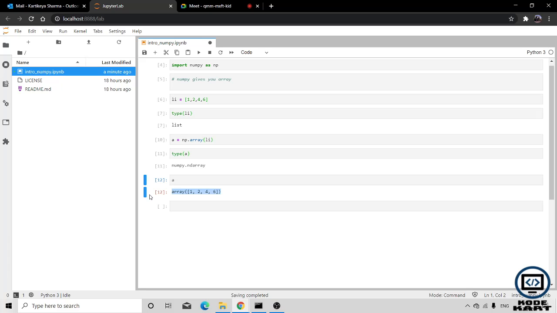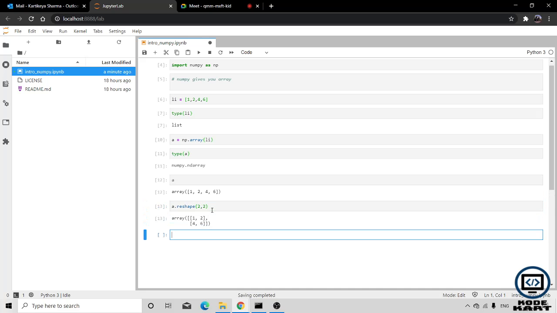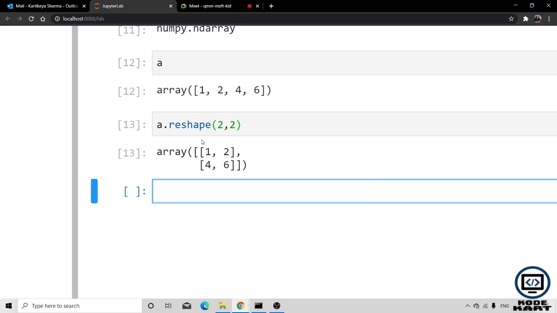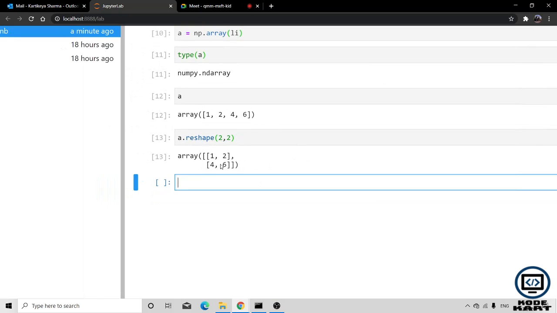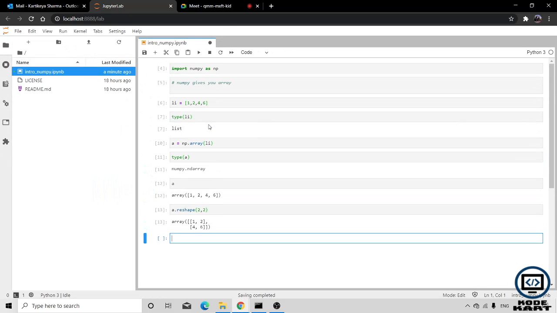If I want to convert the single dimensional array into a 2-dimensional array, there is a function in NumPy called reshape. If we pass 2, 2, it converts into a 2-dimensional array of 2 rows and 2 columns. So this is the function of reshape.